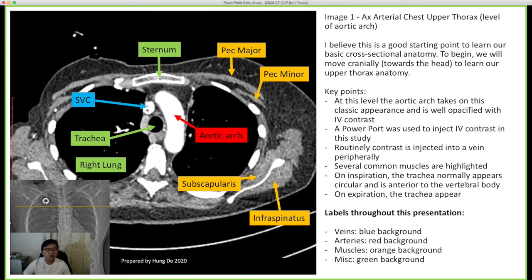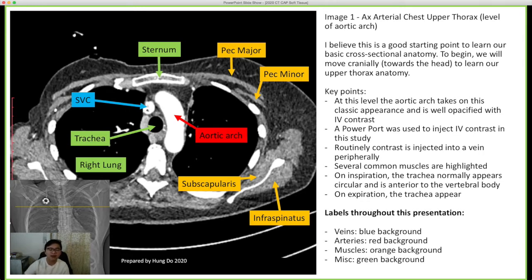We are now going to be moving down towards the feet first. No, sorry, we're going to be moving first towards the head, and then later towards the feet. So just before we move up, you can see the SVC there as well. The SVC is filled with contrast because we inject into a vein, and we normally inject into the upper arm veins, so either in your brachiocephalic compartments or sometimes through a port, so that will inject directly into your SVC